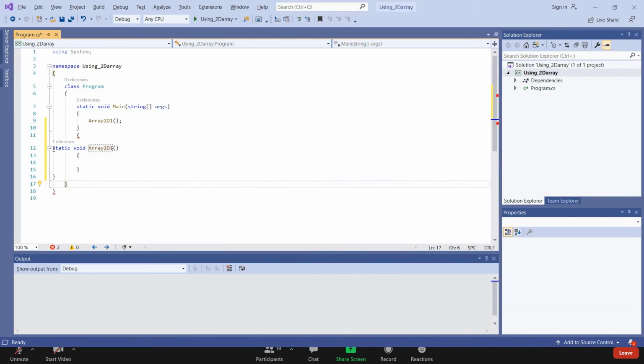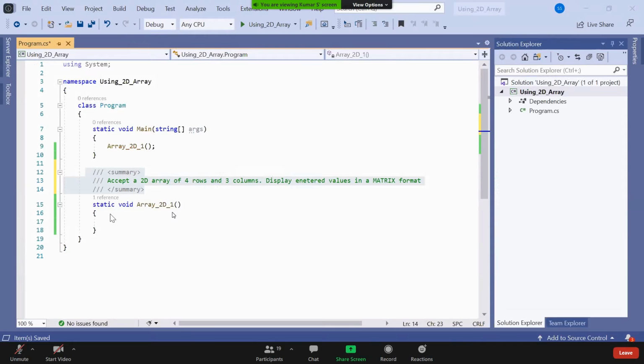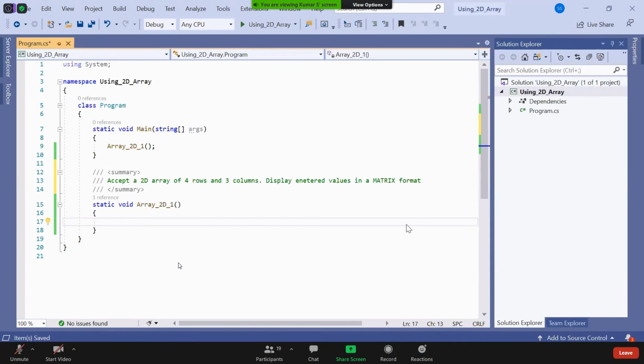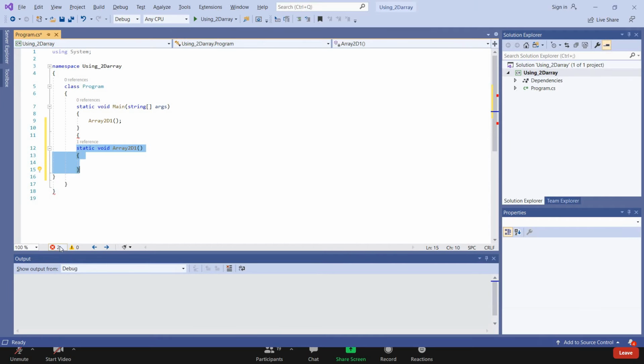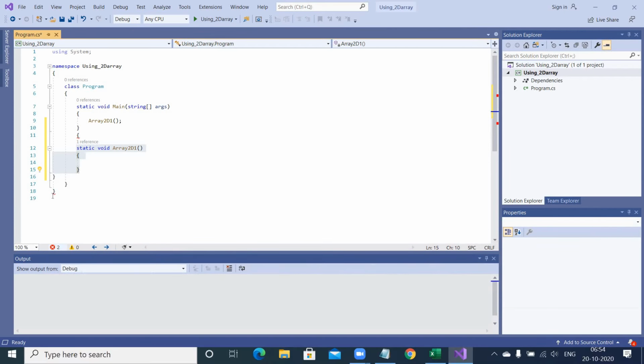But usually we give it. The reason is, in a real-time project, chances are this function might have 100, 200, 300 lines. So that time it will be easier for the user to understand without reading the entire program what exactly this function is going to do for him. So that's why you should have this summary.